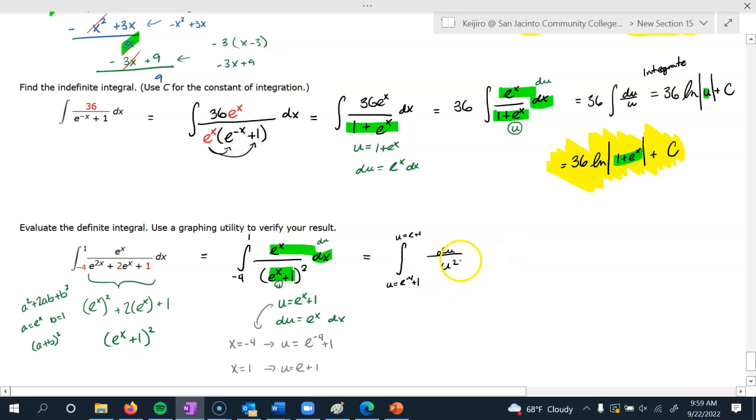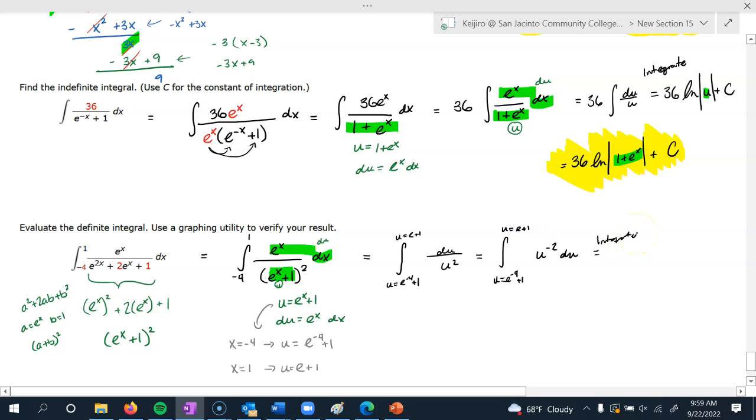Right, it's in terms of u, so now I'm using my bounds for u. You can just write a question mark or a number symbol if you don't actually want to find them, but you want to still say that it's not negative 4 and 1. So this is actually u to the negative 2 du, which integrates,